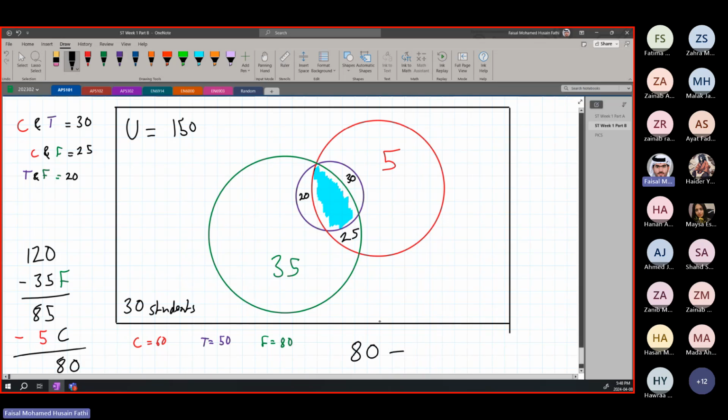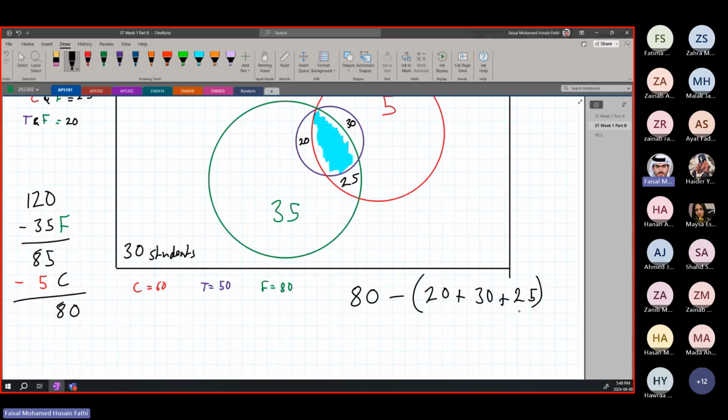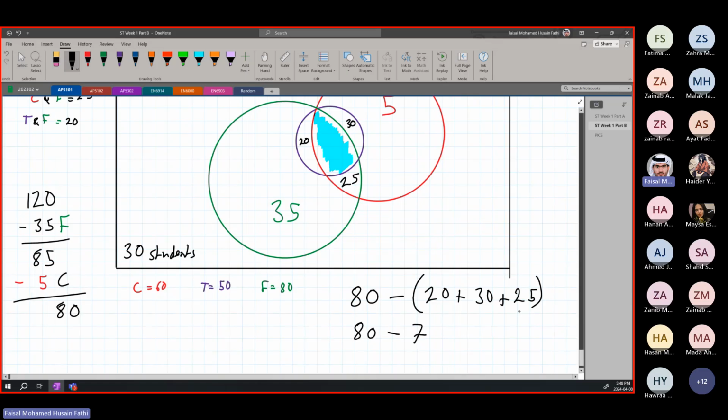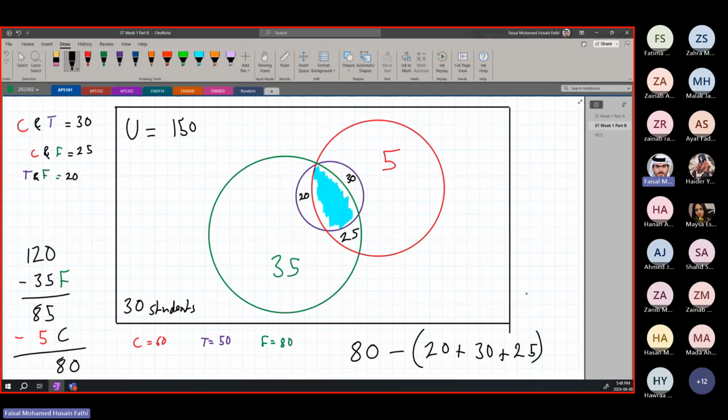And so the way we can figure this out is, if you subtract 80 minus this total thing, how much is this? It's 20 plus 30 plus 25. Right or not? Okay. It's 20 plus 25 plus 30. So 20 plus 30 plus 25, you're going to notice that this is 80 minus 75. Which means we are remaining with 5 people. This means that from each part over here, this is very important, from each shared part, we're going to be taking 5. And we're going to be adding it to the middle.